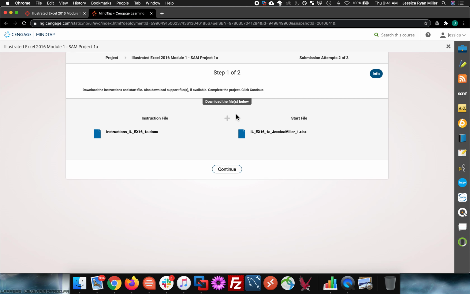Okay. When you first get to this point, you're going to be on this step 1 of 2, and you're going to see instructions and a start file. So there's an instruction file and a start file. The instruction file is a Word document, and the start file is going to be an Excel document. This is where you're going to need to have Excel installed on your computer or a computer in order to complete this assignment. So if you don't already have Excel,